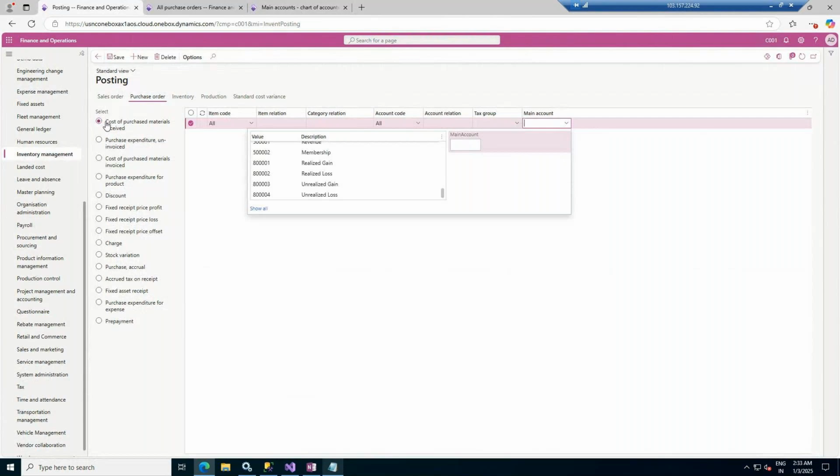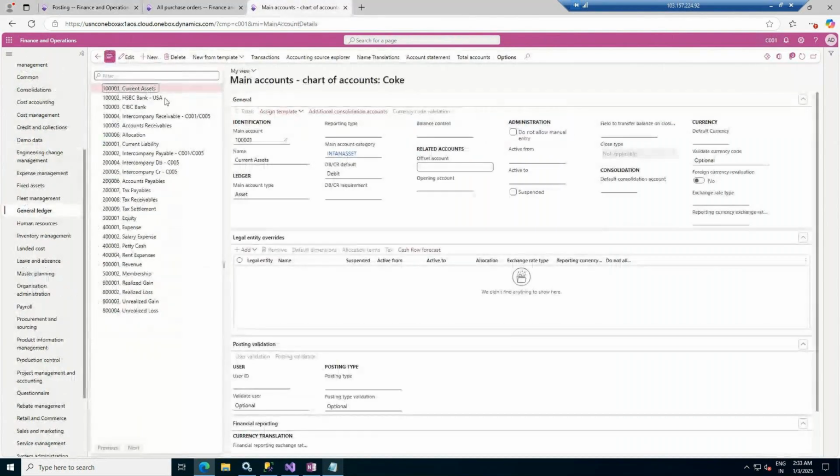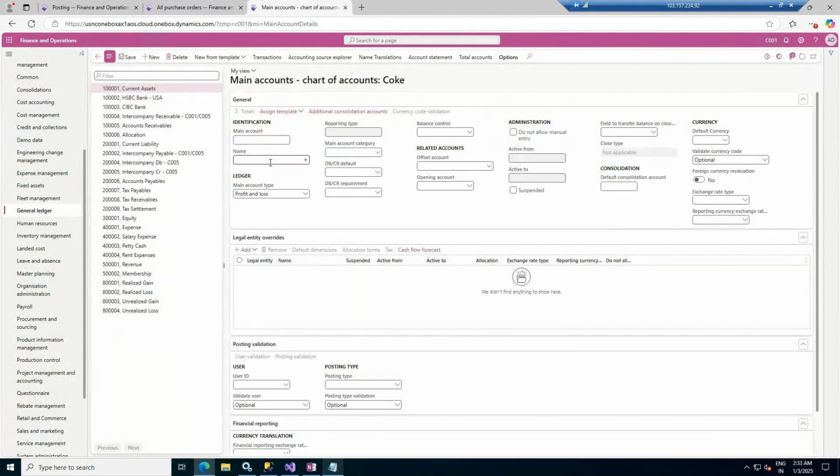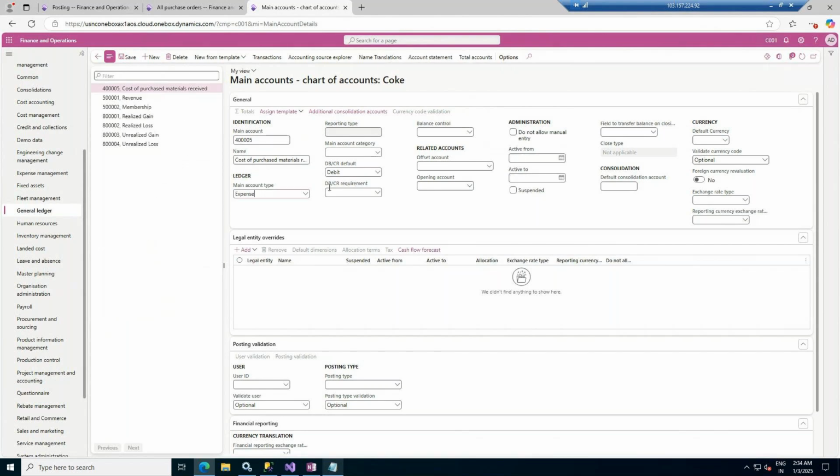I will keep the name the same only. Okay, so cost of purchase material received. Clicking on the new button, let me go to the cost of purchase material received, and over here I will give the cost of purchase material received. It is actually an expense for us, so expenses normally we have taken in the 4000 series, so I will take the 4000 series, 4 times 0 and then 5. Okay, so cost of purchase material received is done, and this we will go ahead with the